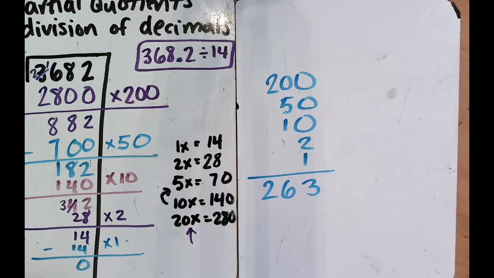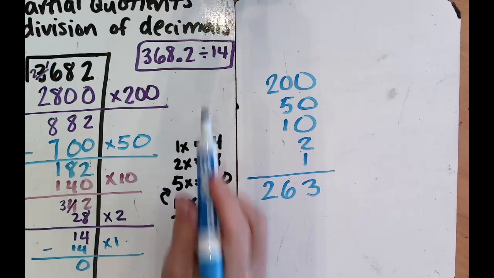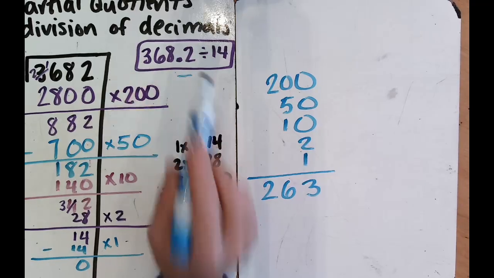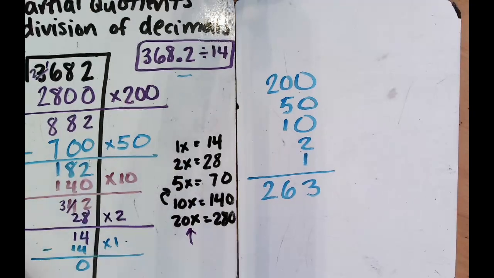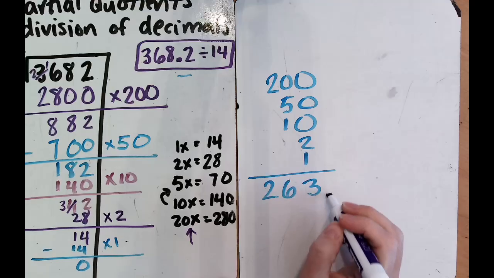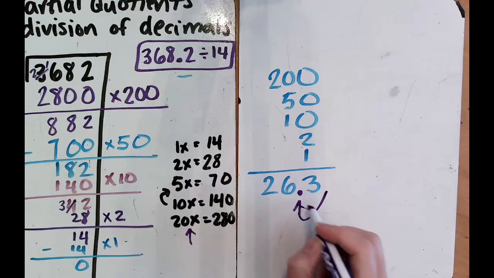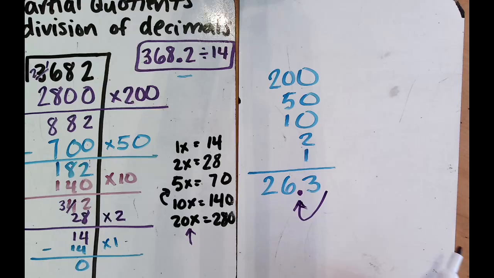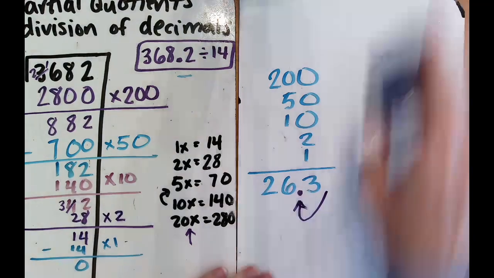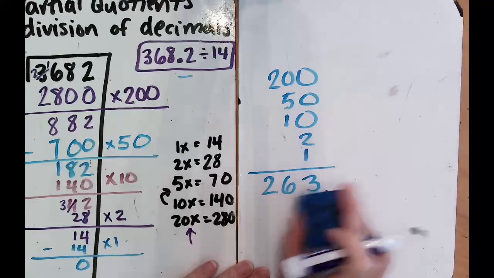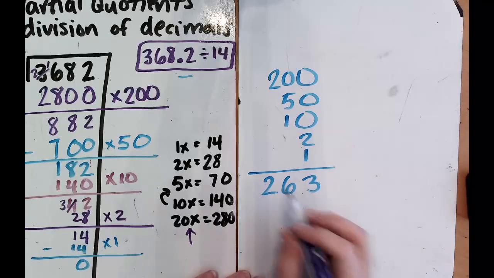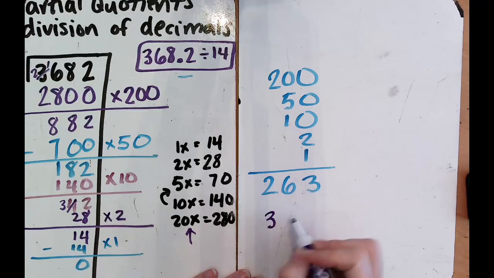Now, we need to figure out where this decimal is going to go. Some of your students are going to realize that it's only one decimal place behind. So they're going to just take it and scoop it and plop it in, which would be correct. And that is okay. We've taught them that. We've mentioned it to them. But I also need them to understand why it goes there. So we're going to do some estimating. We're going to estimate back in this number. So my math problem is